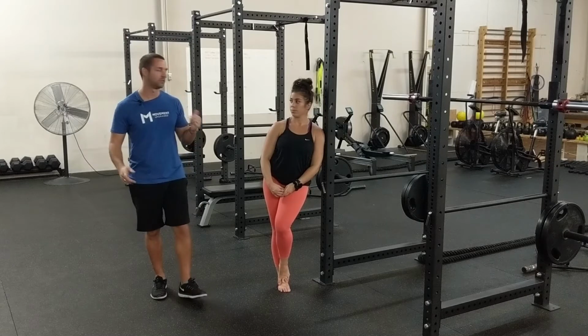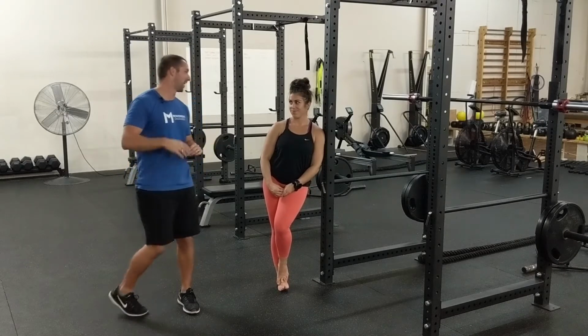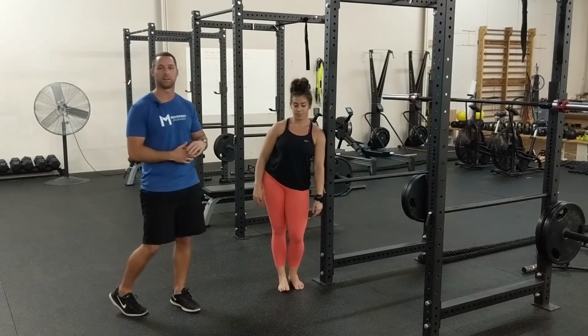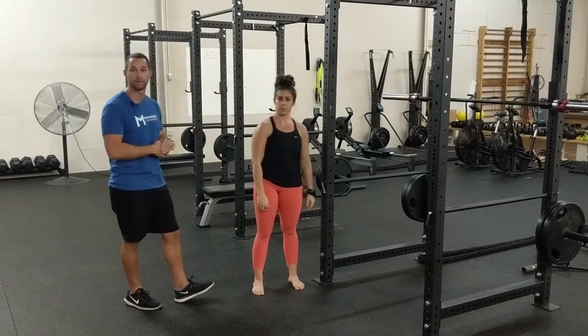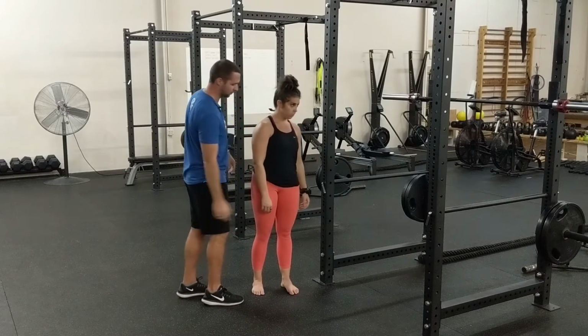Okay, we're going to cover a shoulder external rotation stretch with PAILs rails. I have Jen here. She's going to be our lovely demo model, and what we're going to have her use today is the squat rack. You can do this on a wall or a door frame, but for our purposes we're going to use a squat rack. So I'm going to have her come and stand right next to the post of the squat rack,